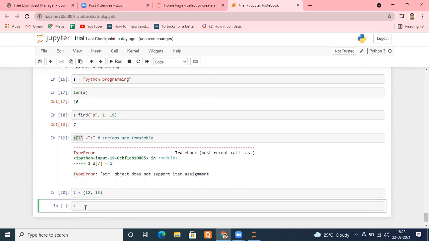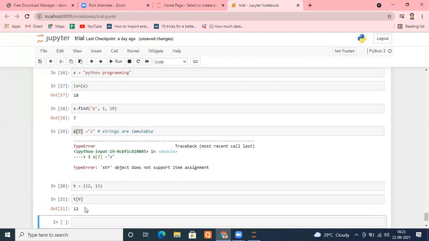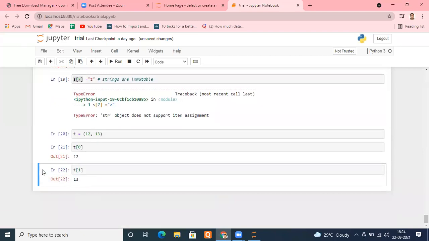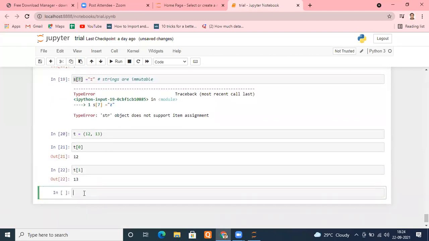Same method as a string is accessed: put square bracket 0, it will give you 12, and access 1, it will give you 13. But the moment I try to change it, with this kind of item assignment, say I try T of 0 equals 1, it will immediately show the same error. You can see that.